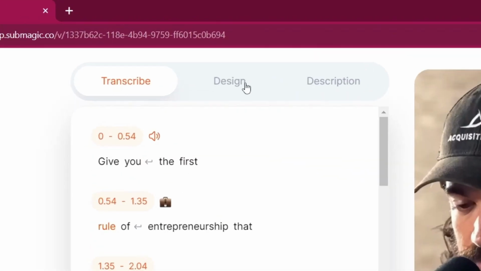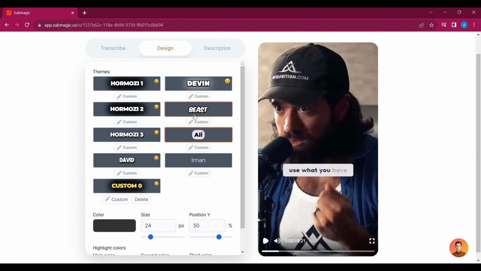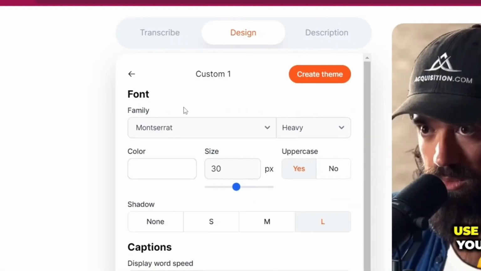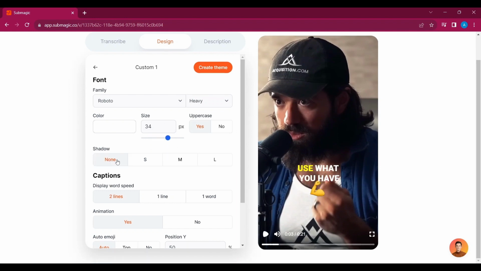In the top bar you can click on design and here are all kinds of themes from Hormozi, from David, from Devin, Mr. Beast, Ali and Iman Gatsi. And as you click on it, it automatically changes the style. If you click on custom, you can change the font. If you want the words to be light, normal or heavy, you can select the size of the words. If you want to have it in uppercase or not. If you want to add a shadow,